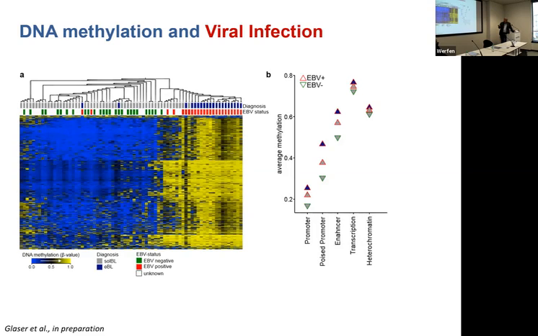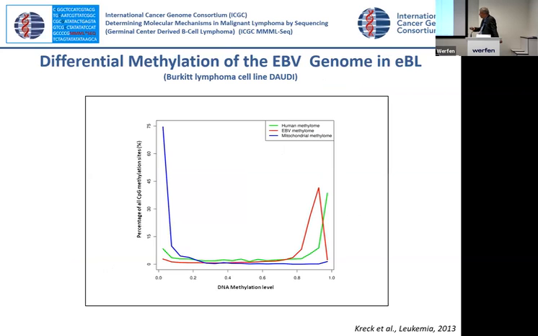Another example I've shown you is EBV signatures, so viral infection as a driver that we can nicely identify. Selina Glaser in my lab has identified a predictor, and what we can simply do if we run a methylation analysis, we do not know only the methylation, the classification, the chromosomal imbalances, because we're calculating, we can also tell you whether this is EBV positive or negative. So that's all in one shot. You can also investigate the EBV itself, whether it's methylated or not, because there are tumors which methylate EBV itself or not. This is a tumor cell line which has a high methylation of EBV virus DNA itself.